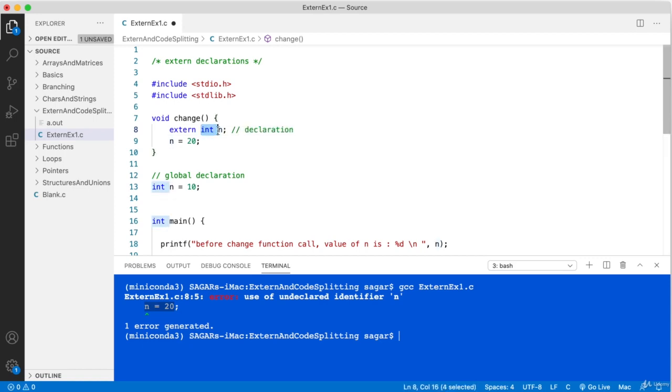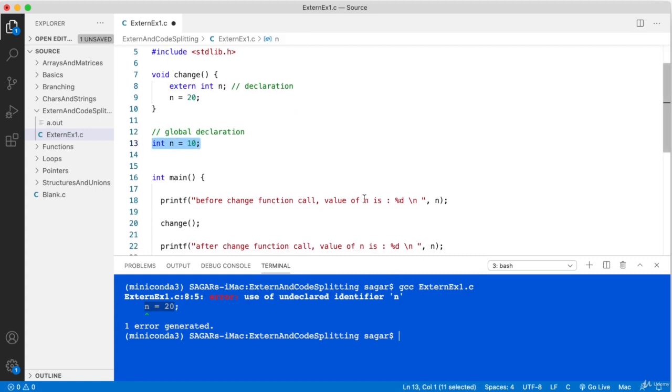The statement extern int n is informing the compiler that there will be some variable of type integer with the identifier n that will be defined externally. Based on this declaration, the compiler will assume that n is an integer and this assignment will be valid. And now we are not declaring a local variable here. We are referring to some variable that is declared globally.